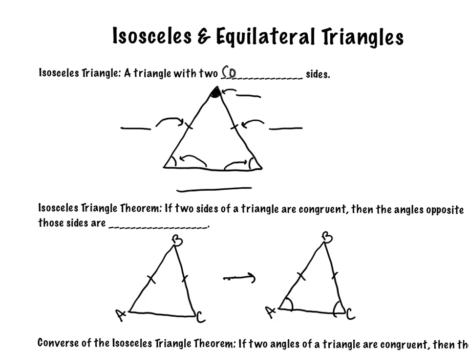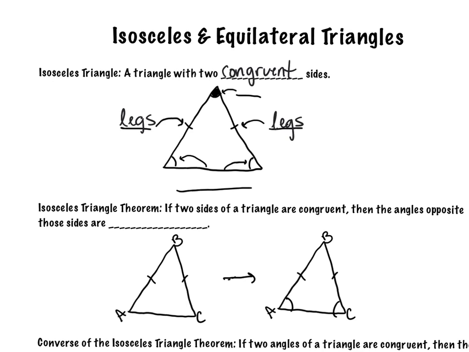With two congruent sides. So I call those congruent sides the legs. So I have two legs. They're congruent. That top angle that is included between the two legs,